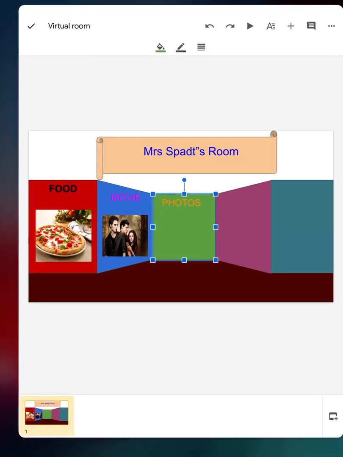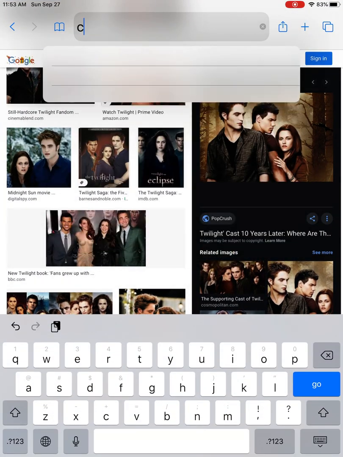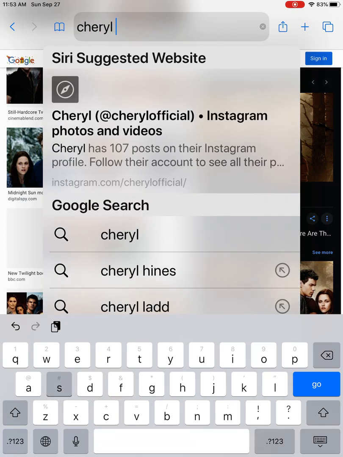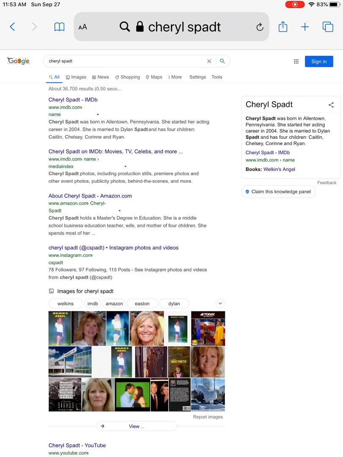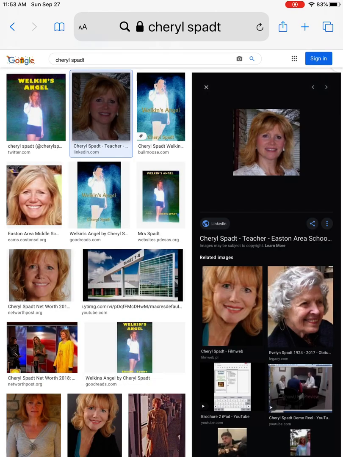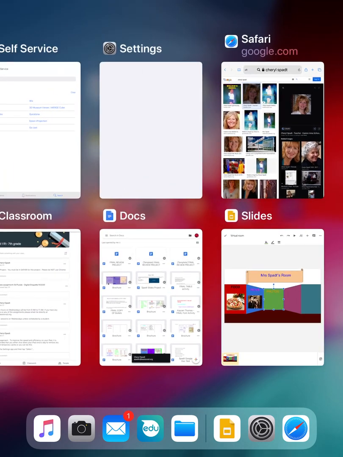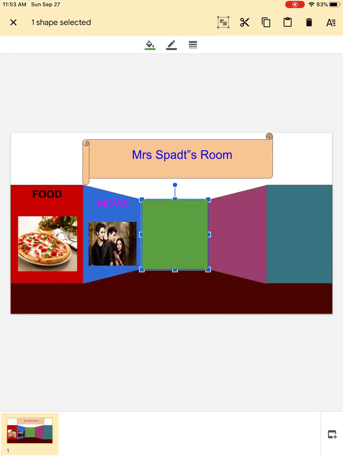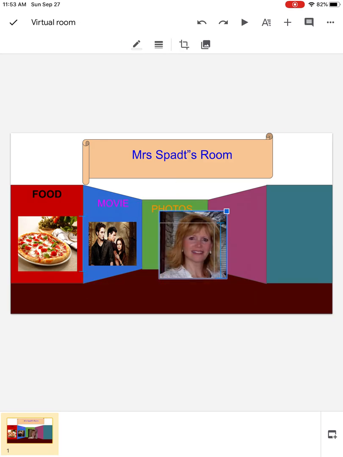If you have a picture of yourself in Safari, if you Google yourself and you have a picture online that you want to use, you can do that as well. I'm going to see what shows up here. Go under images, and I'm going to select a picture, hold my finger down on that, hit copy, go back over to the room, paste,